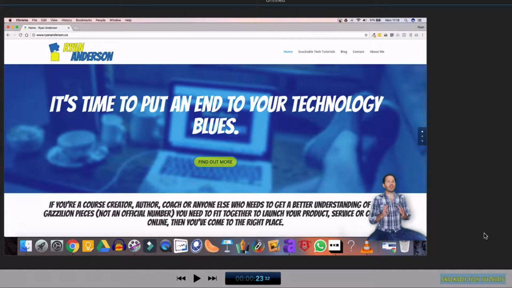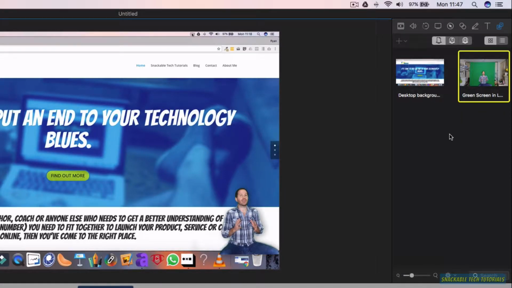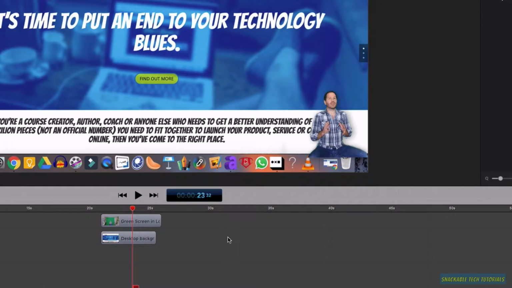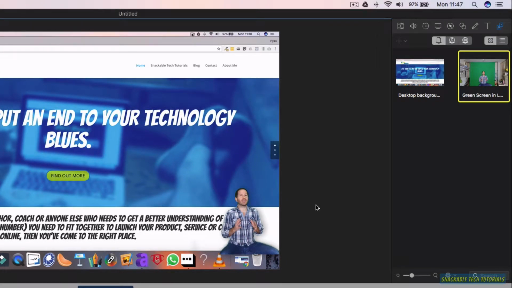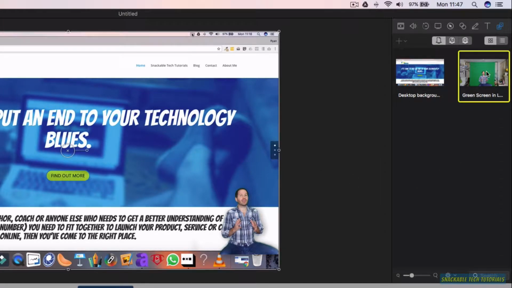So in order to do that, what I've already done in advance is I have brought in a couple of things. So I'm coming up here to the right and clicking on my media library, and you'll see that I've got basically the two things we see down here on the timeline. So this is the finished result over here that we've just looked at, and we're going to look at how we did that. So basically, over here in the media library, I've got a sample video, a screen capture video that I did just for a few seconds. So that's what we're looking at here in the canvas. And then over here is a